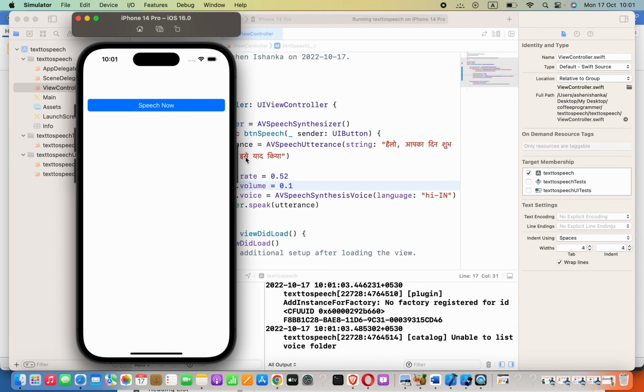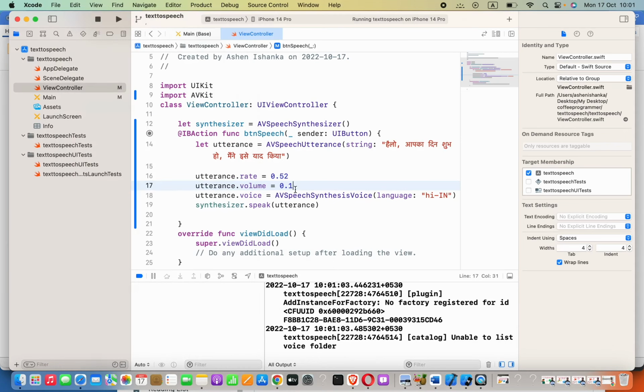You can see it is very low volume. If we try 0.9,